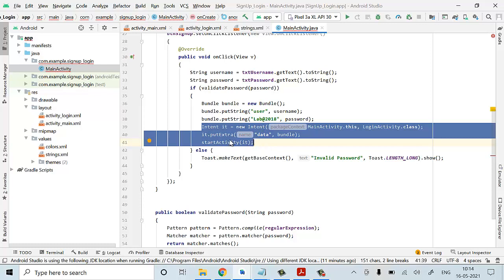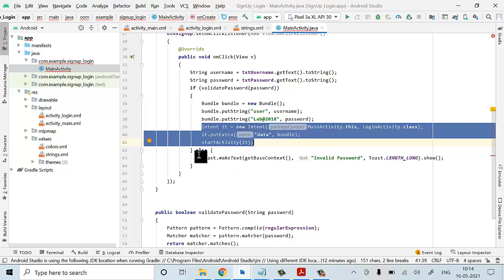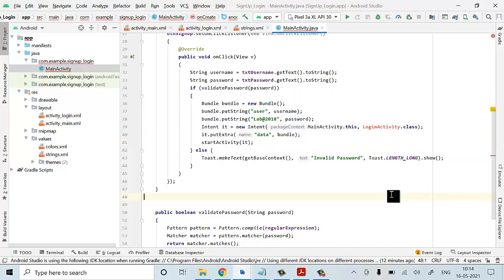Okay, next, suppose for example your password is not valid, it does not contain any one rule, like the length being 8 or any special character. At that time the else part is going to come into existence. Here Toast is a class. This Toast is used to display a message in a small pop-up at the downside, at the downside of your text box.